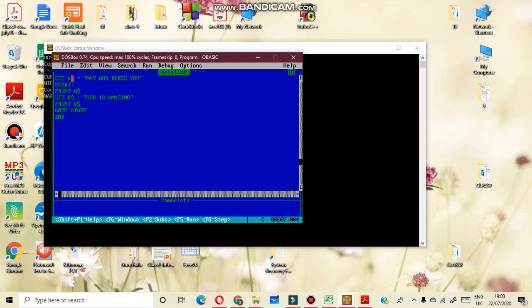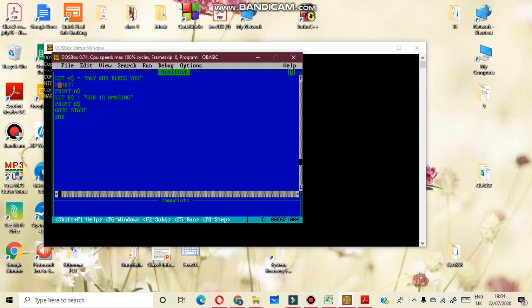Why are we using the dollar sign here? Because using the dollar sign we show this variable is a string type variable. Okay, string means where you can get more than one character.